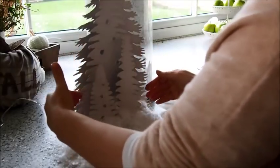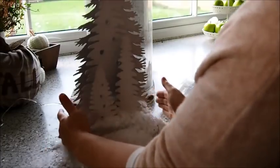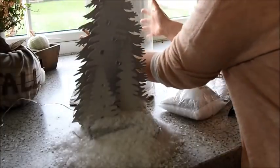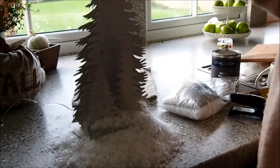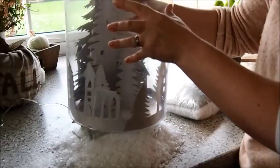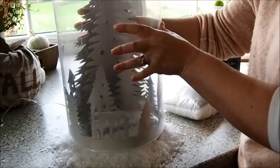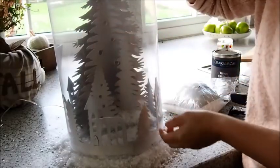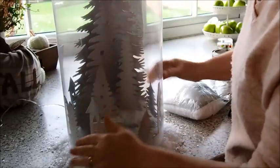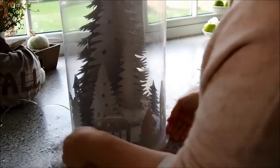So once you're happy with everything being covered, I know this is a bit awkward because you're mounting the snow up, because you can't really put it in once the cloche is over it, but I've done my best to cover everything over, cover the wires over, and then carefully put your cloche over the top. Just trying to get it over the wires and sit nicely on the cake board. Once you have everything lined up,